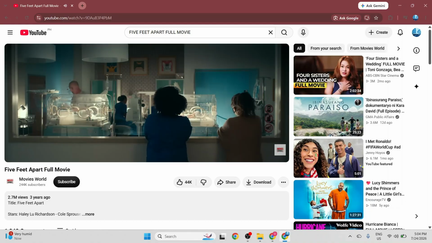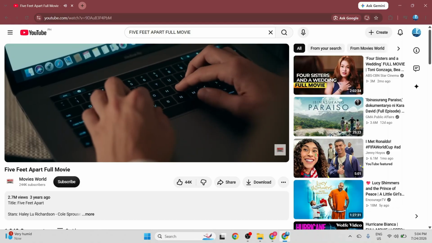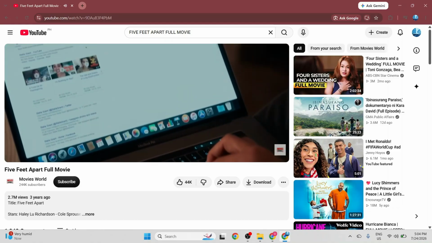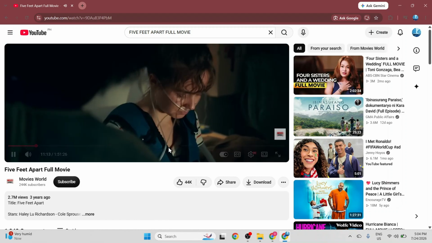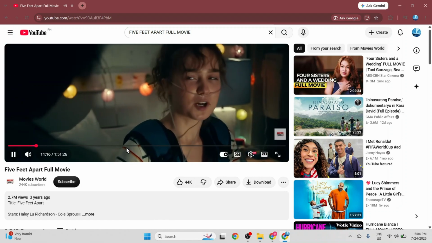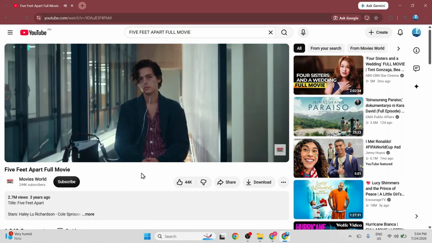This opens up the full watch page, and the movie begins playing right inside the video player. To check the playback and video quality, I move my cursor down to the video player control bar. I click along the timeline to scrub forward, jumping deeper into the movie. The playback responds instantly and smoothly, allowing you to easily browse and enjoy full-length movies on YouTube without paying a